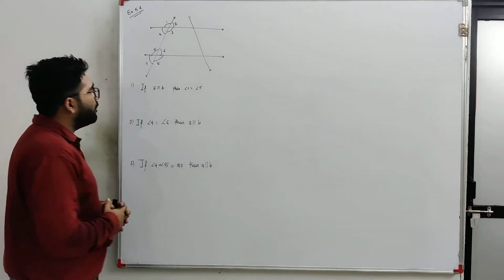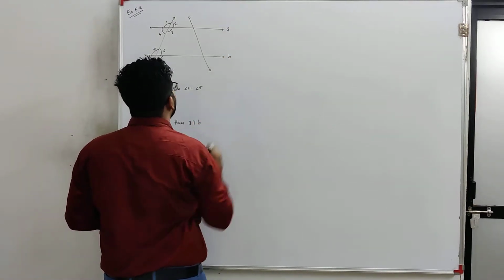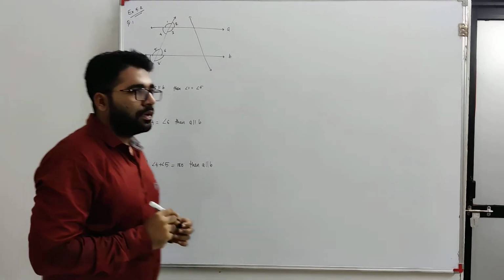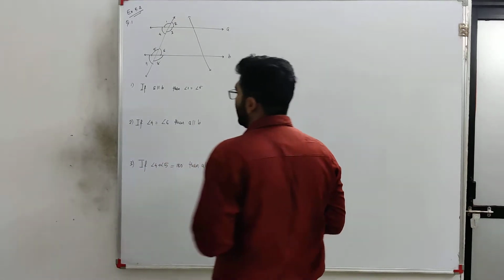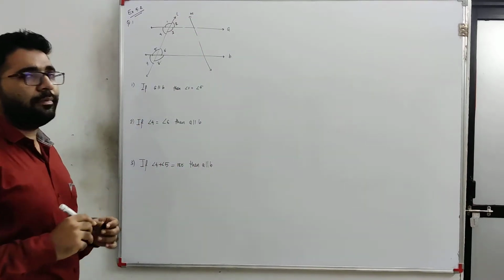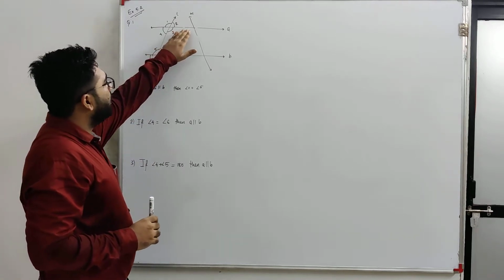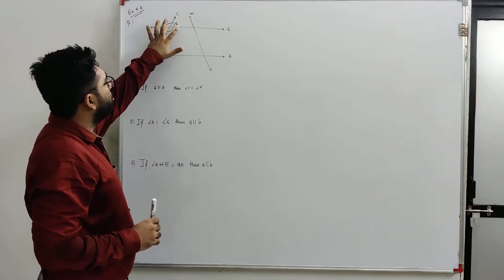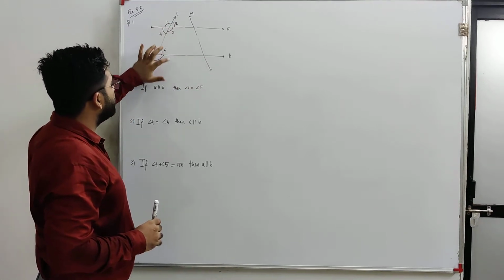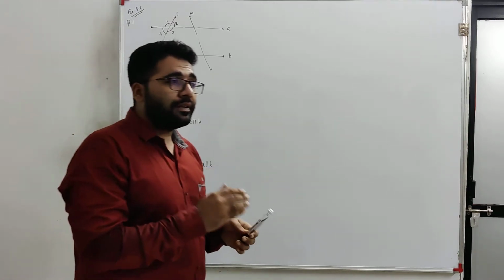In exercise 5.2 you can see there are two lines, A and B. In question number 1, two transversals cut these lines; let me take them as L and M. Line A and L form angles 1, 2, 3 and 4. In the same way, line B and L also form angles 5, 6, 8 and 7. Now we have to answer some questions.